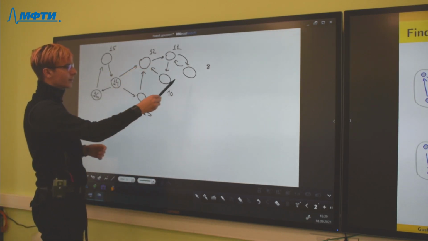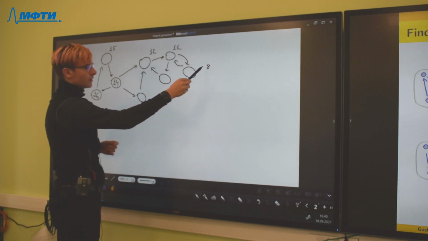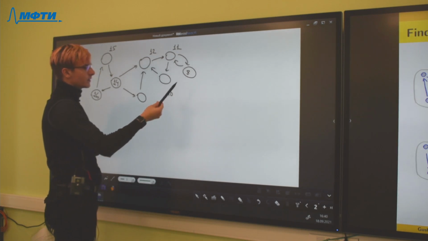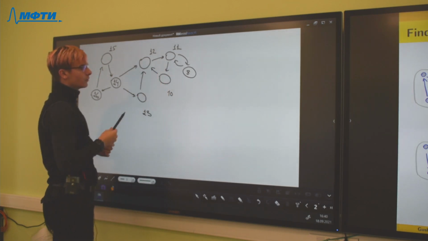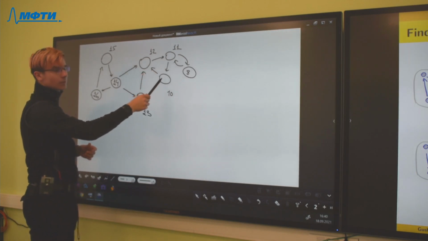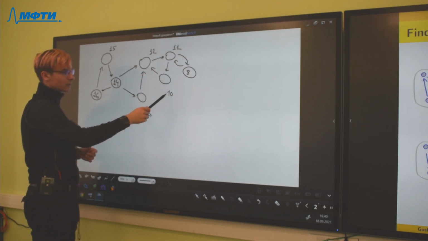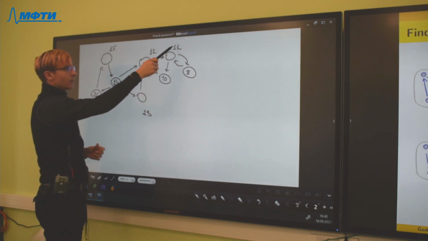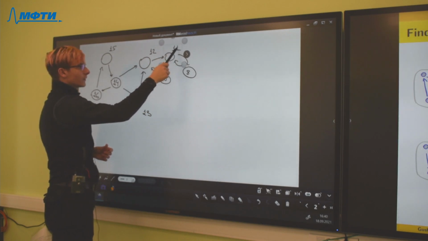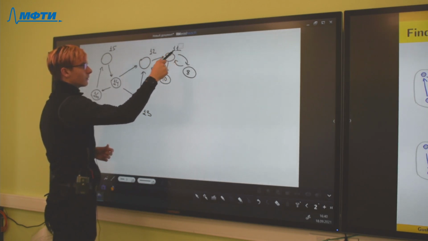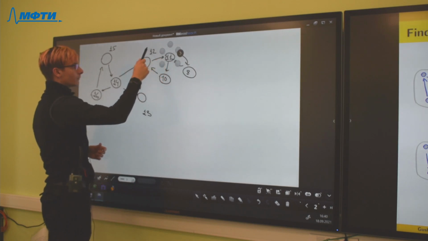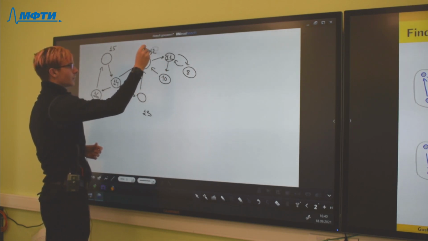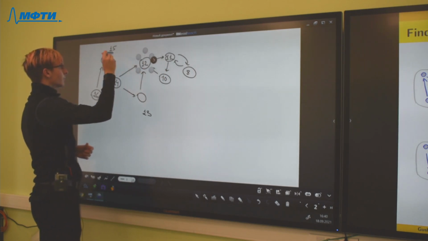Okay, when we finish with this vertex, it was number 8. Then I go back and go to this, open and finish it with number 10. And then I finish with this vertex with number 11. I try to put it in the vertices.